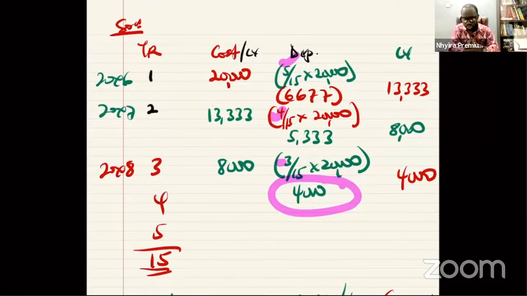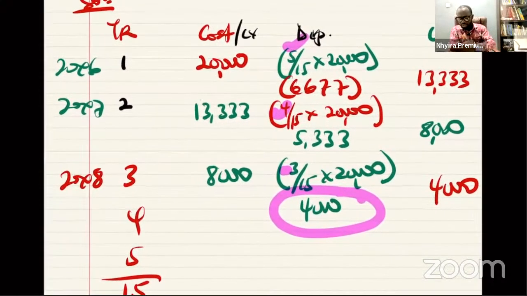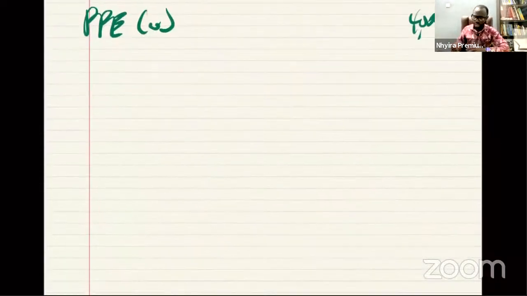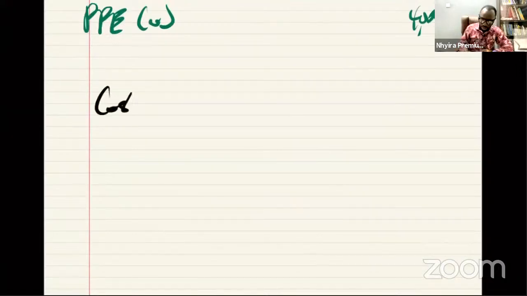Now, if you look at it closely, you realize that the depreciation figure is reducing as the asset ages. That is one key feature you need to understand when it comes to dealing with the sum of year digits. So these are the three methods that you need to really understand how they work. If we were using the straight line method, the same amount of depreciation will be charged. So if it is the same question and we are using the straight line method, what's going to happen is that I'll pull up my cost coming in,